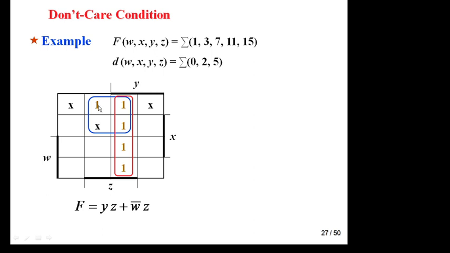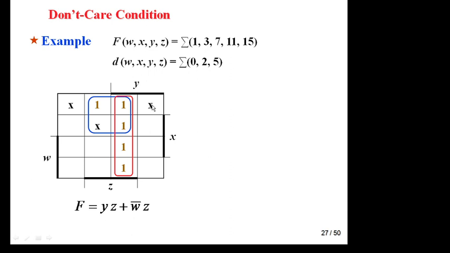Okay, there is one more possibility. There are 2 possible answers. One, this quad, and you can also make this quad, this one. Okay, so you have to check whether there are 2 possible answers or not. In this case this quad is EPI, this quad is EPI. Now suppose we make this quad, this quad. Okay, but it is not EPI.